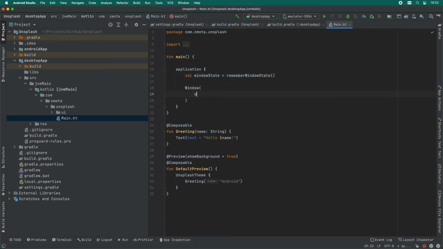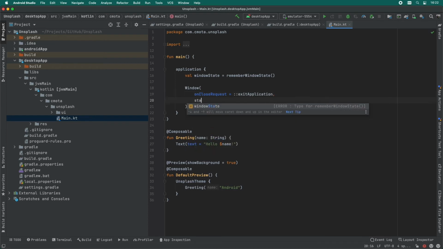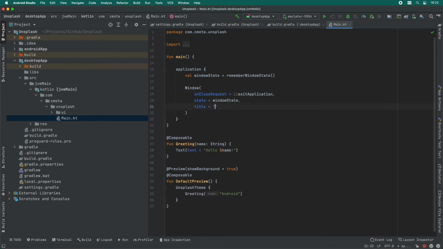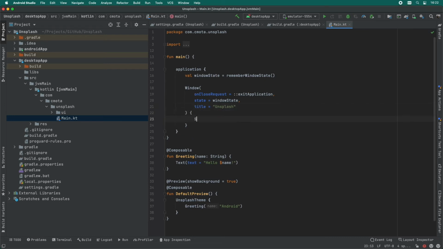This is a bit different than it is on Android. We're not going to use the set content view. Instead, we're going to use window. Once again, we're defining the title for that window, its state, and we're going to say that we want it to occupy maximum size.